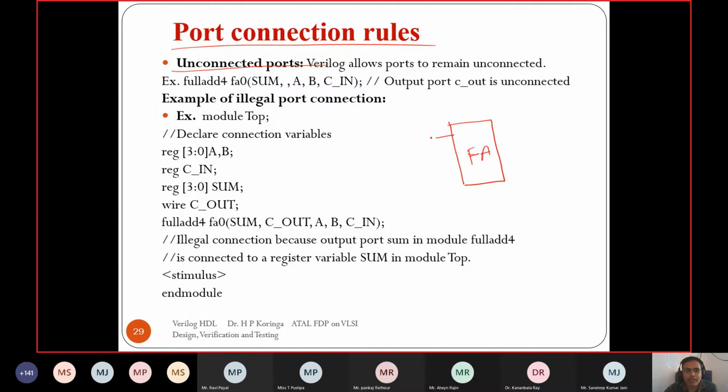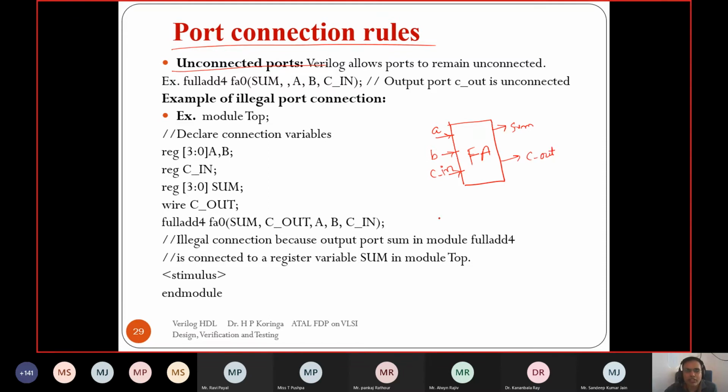We know a full adder has input pins: one is, let's say, A, another input is B, and the third input is carry in, right? And it has two outputs: one is sum, and another is carry out.